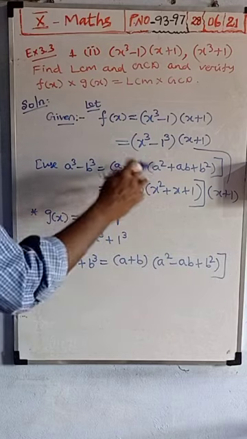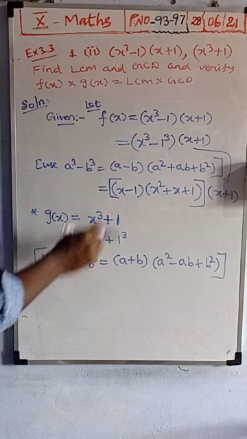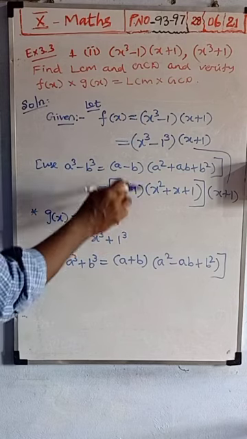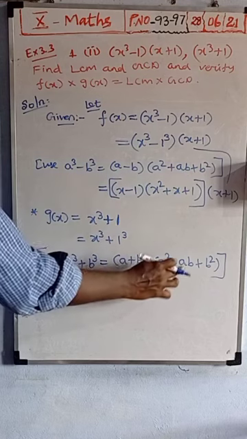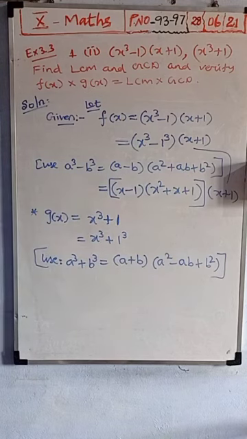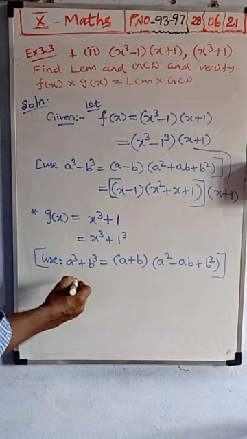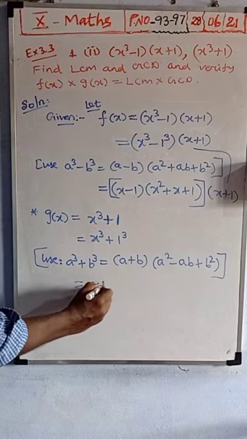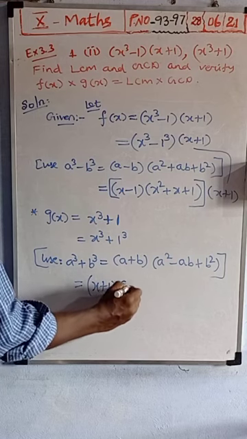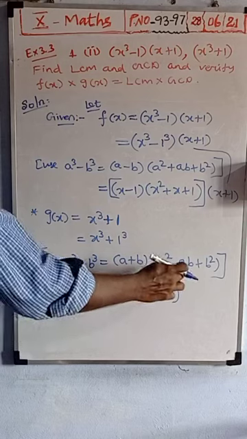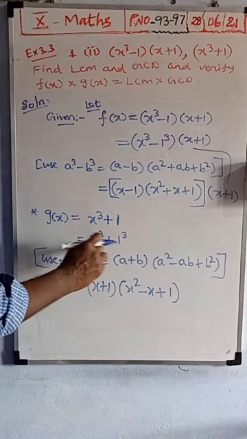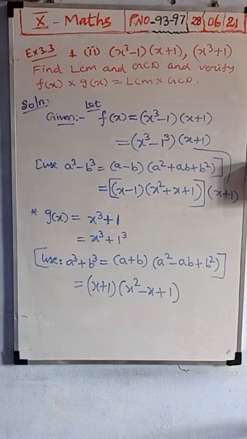In both a cube minus b cube and a cube plus b cube, the difference is that one has minus and here plus; here everything is plus, and the ab term alone will be negative. So memorize this formula. Now apply it, and here you will get x plus 1 of x square minus x plus 1 square means 1. Here the a value is x, the b value is 1, x into 1, x only you will get. This is the factorization of this given expression.